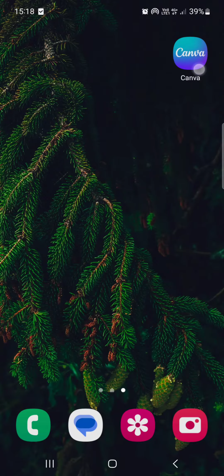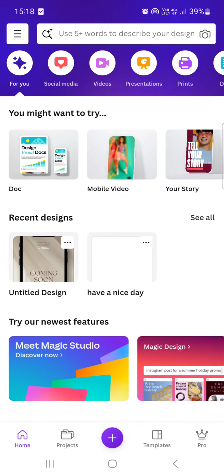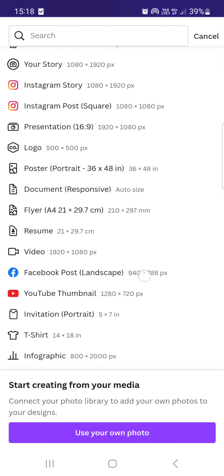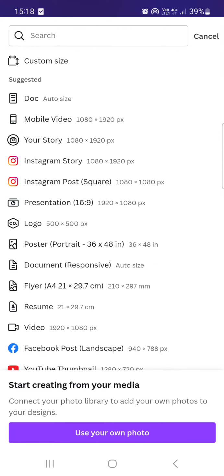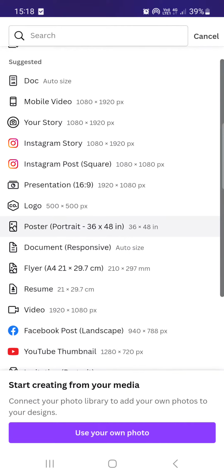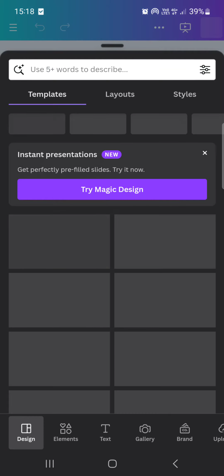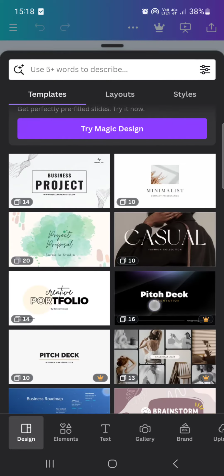First we have to open up the Canva app, and here it opens up in the home menu where we have our project. In the bottom bar we find the plus icon, and if we tap on this, then we get a list of different kinds of ratios and different kinds of things that we can create. But in the top of the list, the sixth entry is presentation. If we tap on this, then the Canva app is going to load and open up the format in which we can create presentations. Here we are going to get some